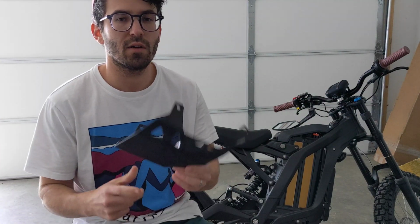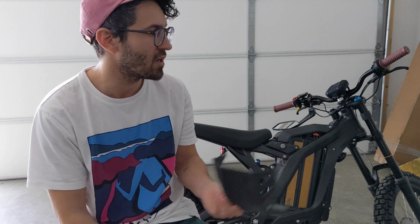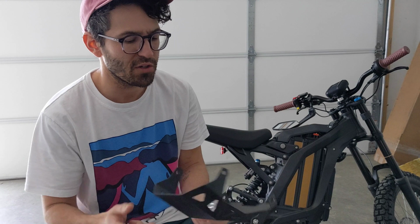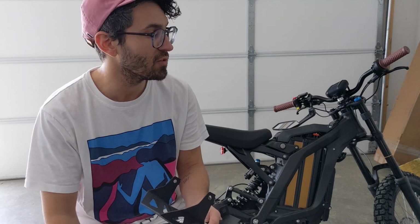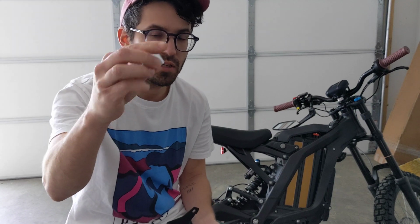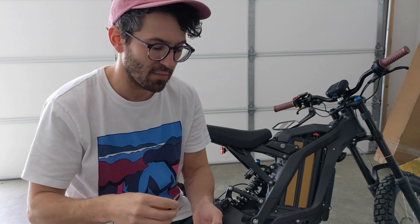Alright, cool. We got the original one off, and I can tell you the quality on that one is definitely a whole lot better. It's a lot thicker, harder feeling. Even the finish, like the paint itself, feels better. I will say, just make sure you don't lose these things. They're how it bolts back onto the frame. So whenever you switch off your guard, make sure you take those and put them back on